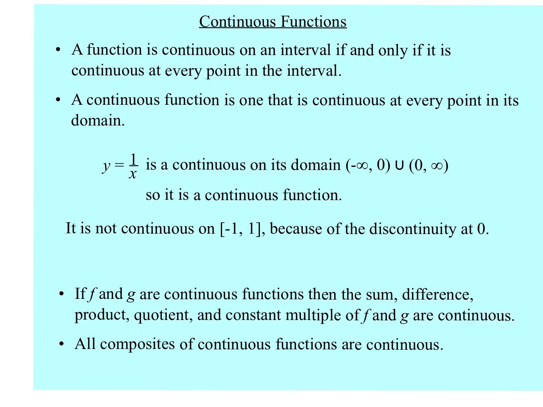Continuous functions. A function is continuous in an interval if and only if it is continuous at every point in the interval. A continuous function is one that is continuous at every point in its domain. Y is equal to 1 over x is continuous in its domain, negative infinity to 0 and 0 to infinity. So it is a continuous function. It is not continuous on negative